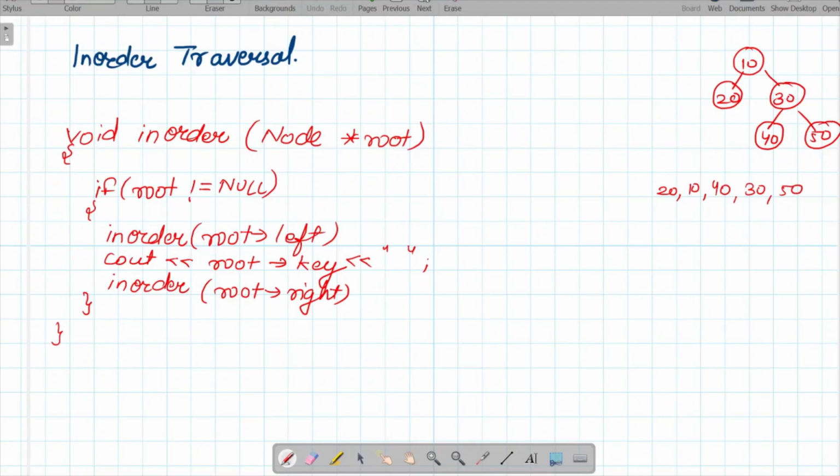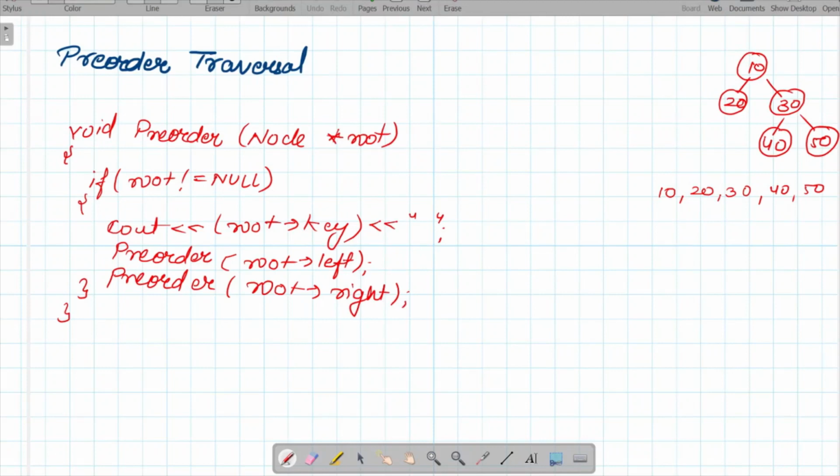Similarly, we will also have a look at the pre-order and post-order implementation. These are also very similar. The entire code is the same, only the three statements will shuffle. In pre-order we know that first of all we print the root, that is why we have put the cout statement first, which is cout root of key, and then the preorder function calls, where we first traverse the root of the left subtree, and then we traverse the right subtree.